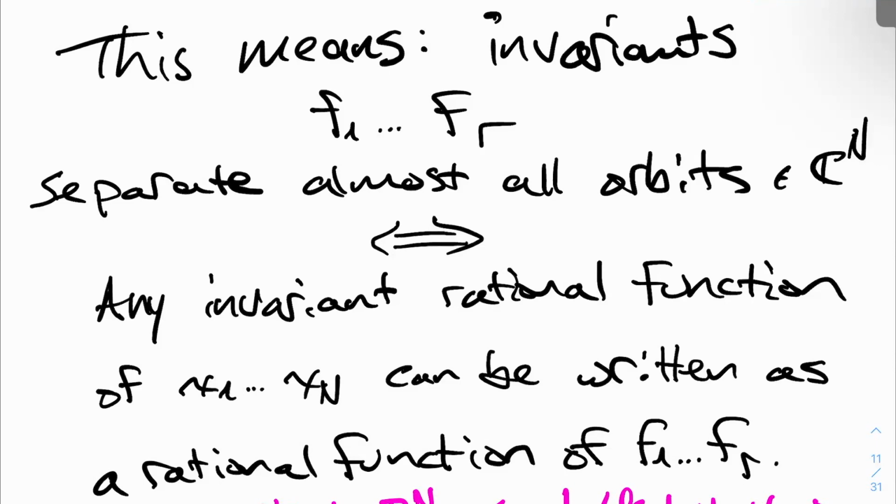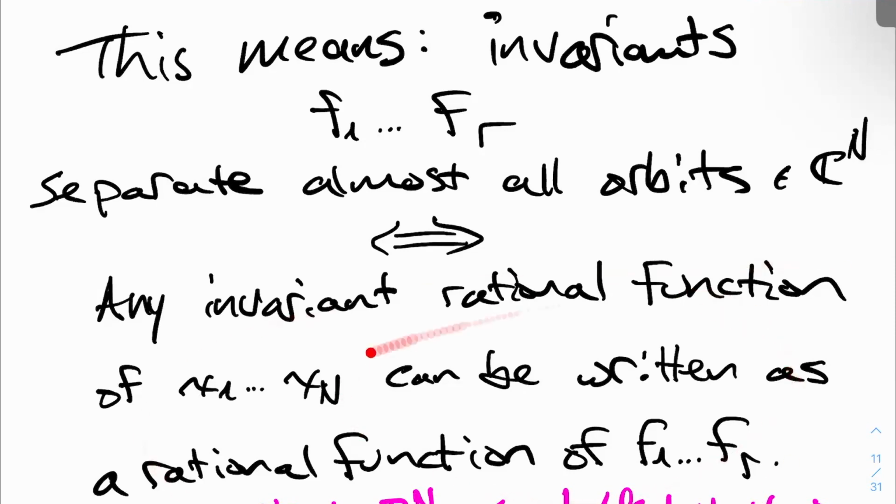So, as an aside, I'm going to be working over C for the rest of this talk, but the information theoretic result that I mentioned before is over R. And over R, it's the case that if they generate the field of all rational functions in the sense of the bottom half of this slide, then they do separate almost all orbits. But the converse is not true over R, and the reason for this is basically just that